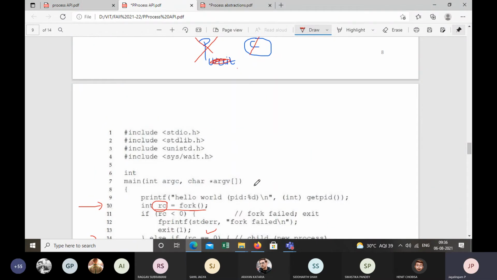You mean the parent process and child process are the same thing? No. When the wait function is executed by the parent, it waits for the child to get terminated, right? Yes. So what I'm saying is, as you just said, when the wait function is initialized, the parent waits for the child to get executed and then terminated. So I'm asking, are these two things the same?